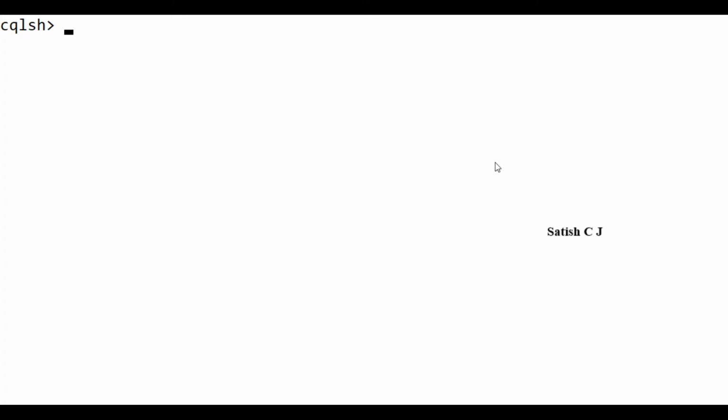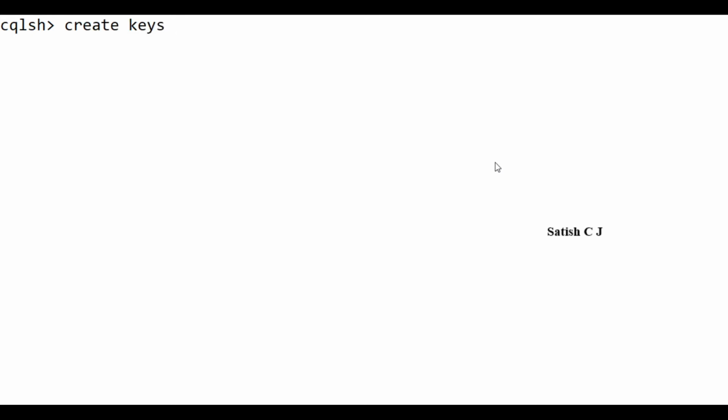We will now take a look at running some of the simple commands in Cassandra. First, we'll create a keyspace, we'll alter the keyspace. Then we'll look at how to create a table, insert records, delete records, create indexes, drop indexes, and viewing all the tables inside a keyspace and so on. So now let's start with creating a keyspace by name VIT.